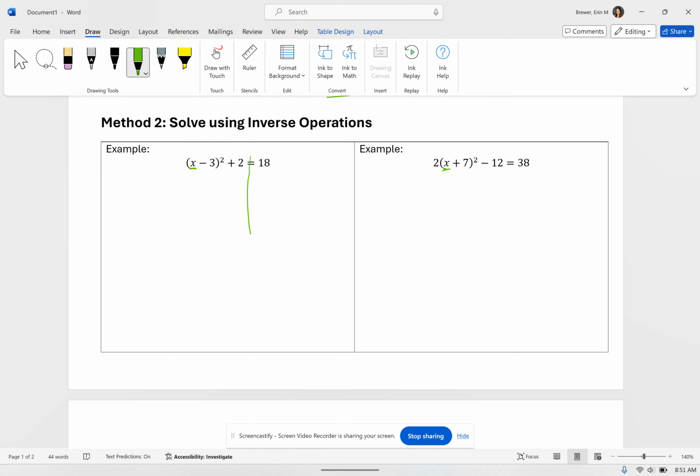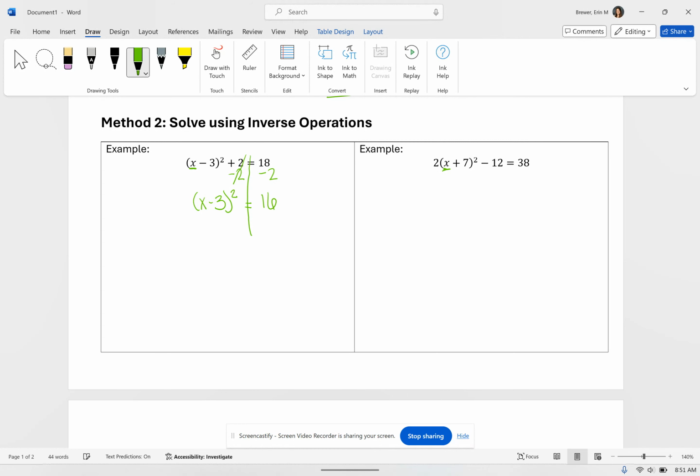So a lot of us need help by drawing that line down the equal sign. And I'm going to try to work towards getting to this x inside the parentheses. The first thing I know to do is to subtract 2 on both sides because that's outside the parentheses and I want to get inside the parentheses at the x. So when I subtract 2 on both sides, I now have (x minus 3) squared equals 18 minus 2 is